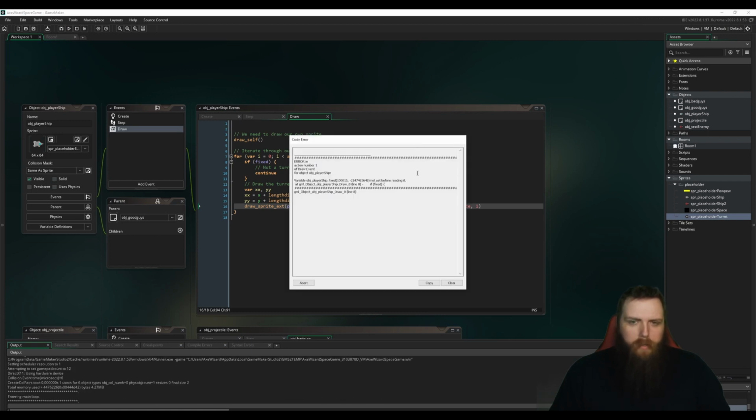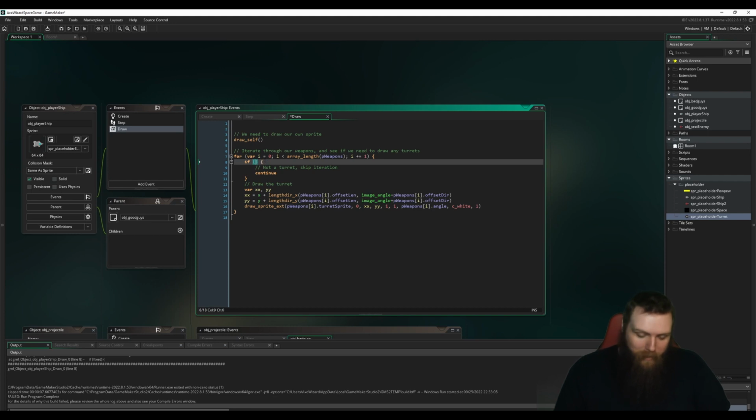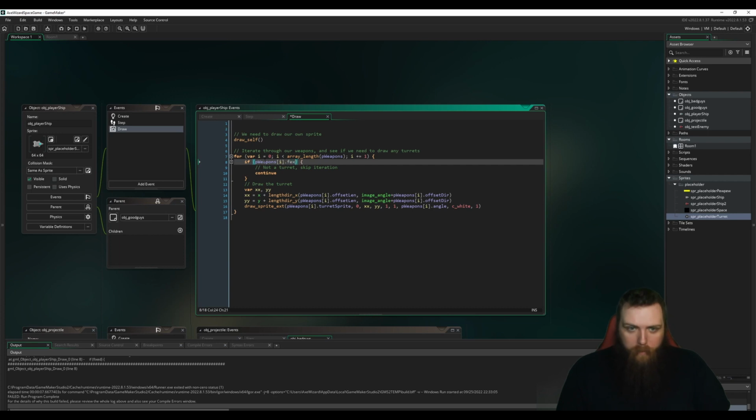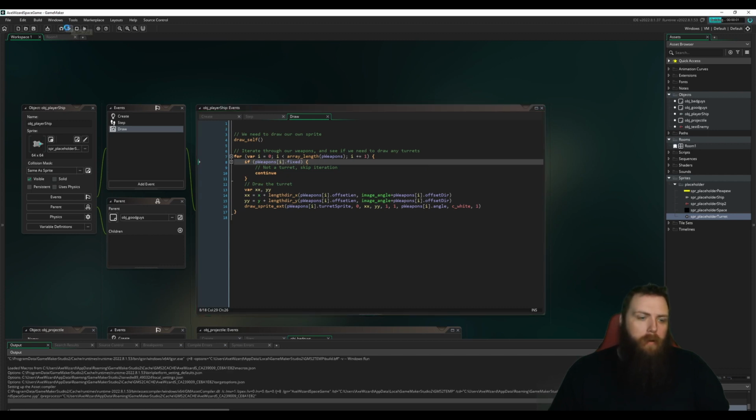I think it should be drawing some random turret. Oh, I did a dumb. If P weapons, yeah, I'm starting to get tired here, guys. P weapons, i, fixed. Save. There we go. So now if I run it,